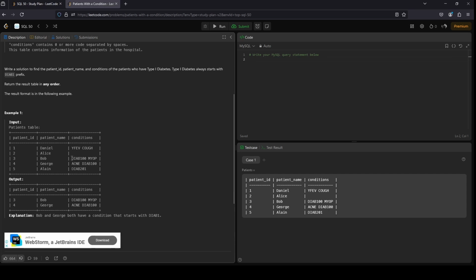DIAB1 comes at first position, then we can simply detect it using the LIKE operator, that is LIKE 'DIAB1%'. And if it comes at second position or later position, then we can simply include a percentage along with a space. So what we can do here, we can simply select everything from patients